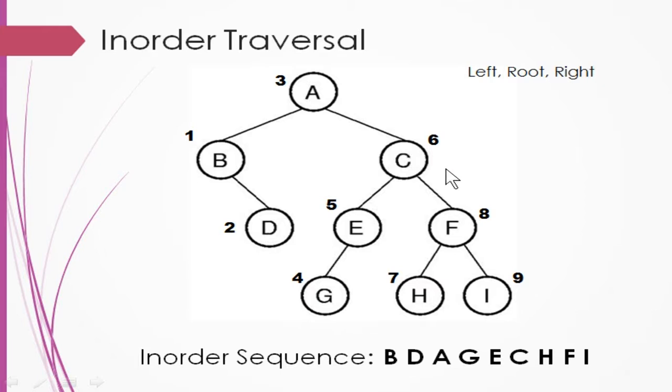Now after root you are going to the right. Now in this right you got another left, right? You got another left in the root. So this H will be written next in the sequence. After left you are going to go to the root, that is F, and finally you are going into the right node. Okay, in the beginning it may be confusing for you to understand, but once you practice it, it will be very simple. Go through this video again and again so that you will know what it is.